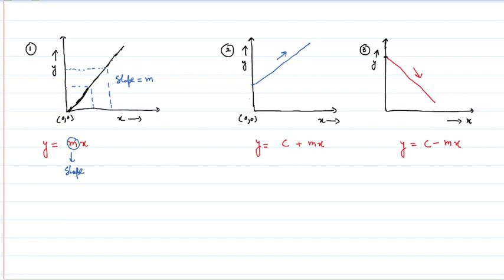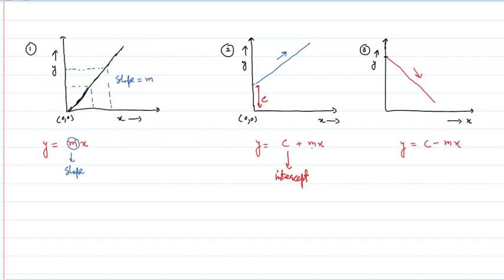For this, it does not start from the origin. It does not start from the 0,0 coordinate, but it cuts this part, from here to here, this part, this will be simply c. We call this the intercept. That means this straight line or this graph has an intercept. It cuts the y-axis at this point.